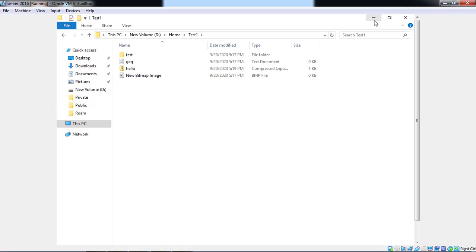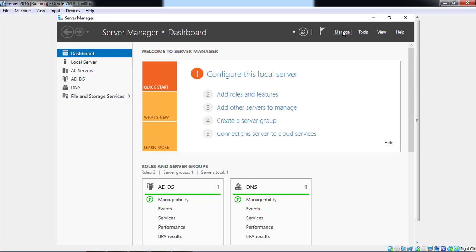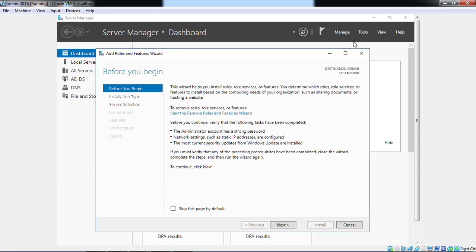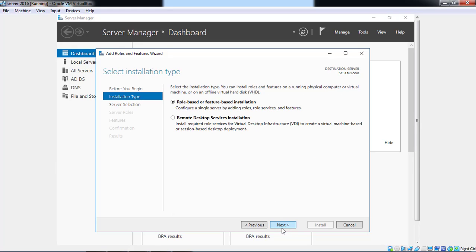To do that, we have to install the FSRM role. Click on Manage and click on Add Roles and Features. Now click on Next.